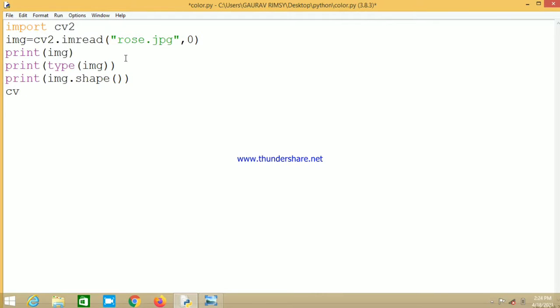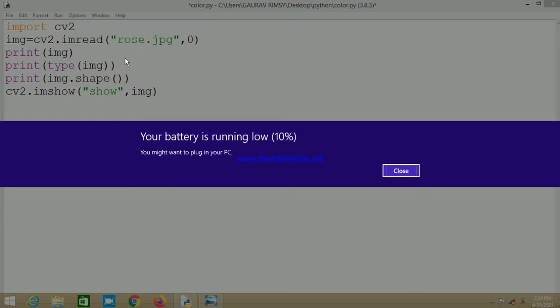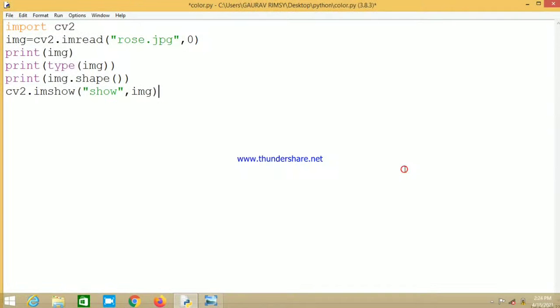Next we are going to discuss cv2.imshow. Here we are going to specify the name of our new grayscale image, and we are passing img over here. imshow is a method of cv2 that is basically used to display an image in a window. The window will automatically fit to the image size.